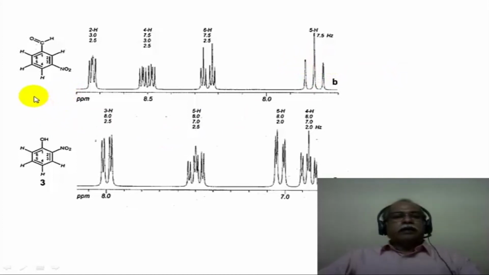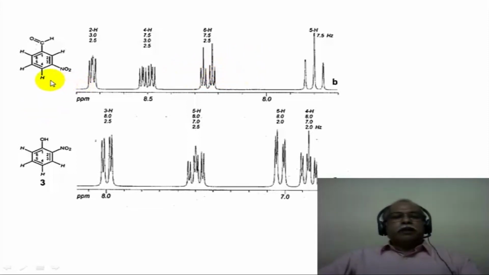Now if you take hydrogen number 6, this has an ortho hydrogen coupled to it with a large coupling constant of about 7.5 Hertz, which is shown here. In addition, it also has two meta hydrogens. If they couple with this hydrogen with identical J values, then it would be a doublet of a triplet: doublet because of the ortho coupling, triplet because of the two meta hydrogens. So what you see is a doublet of a triplet, in other words two triplets. And this is essentially analyzed as a first order spectrum.